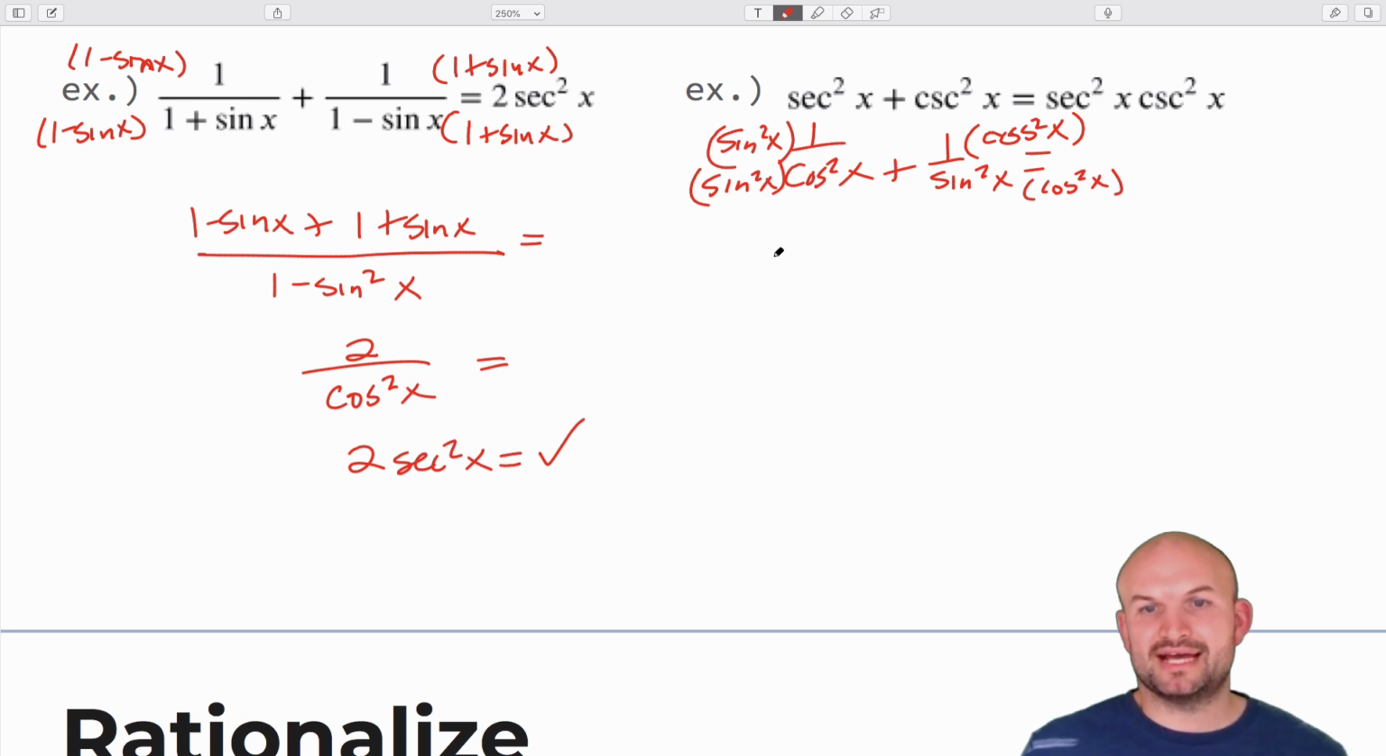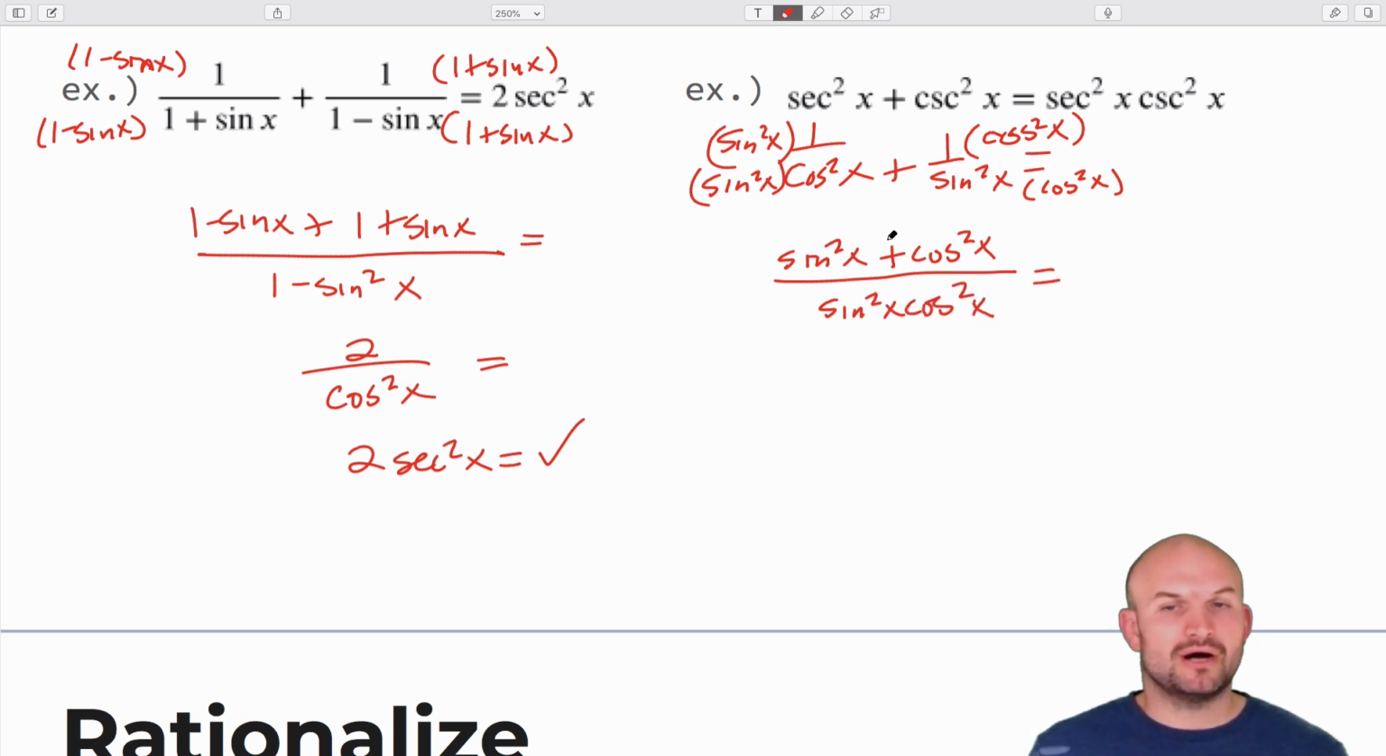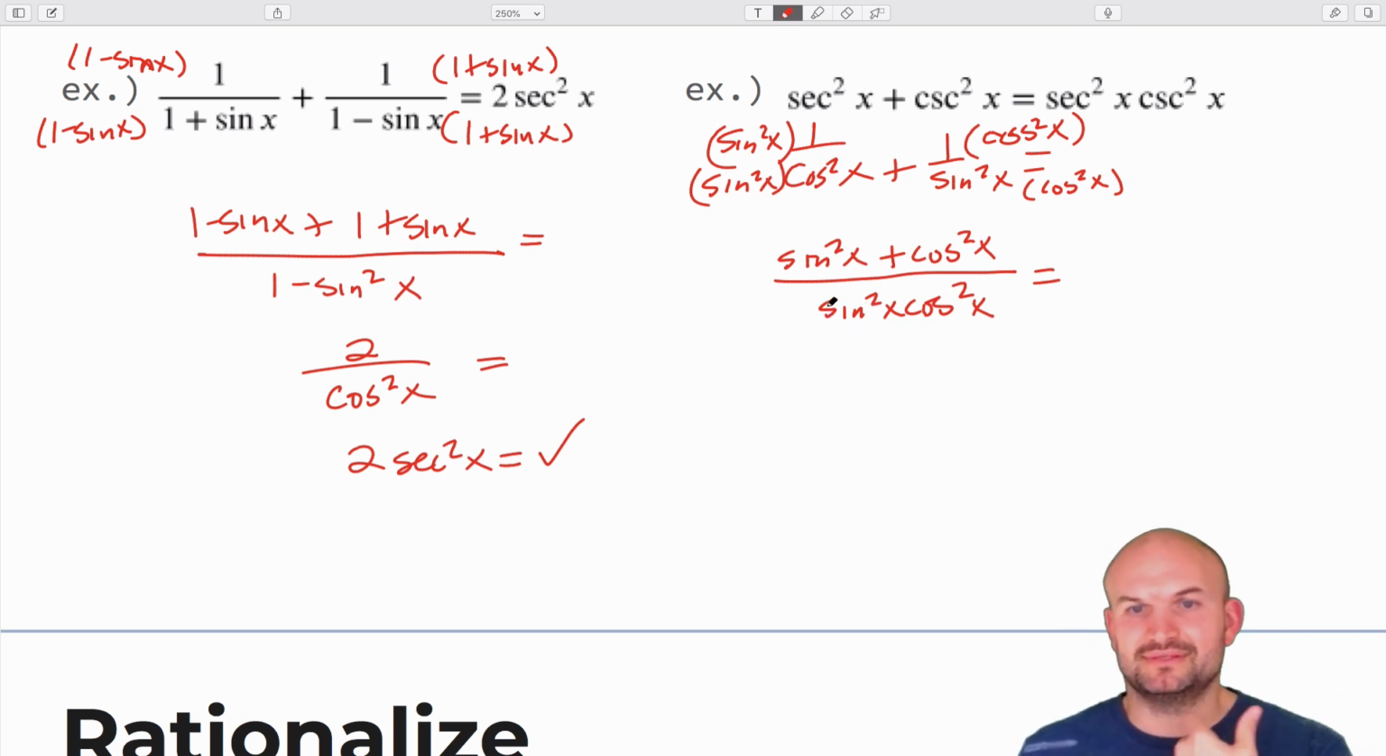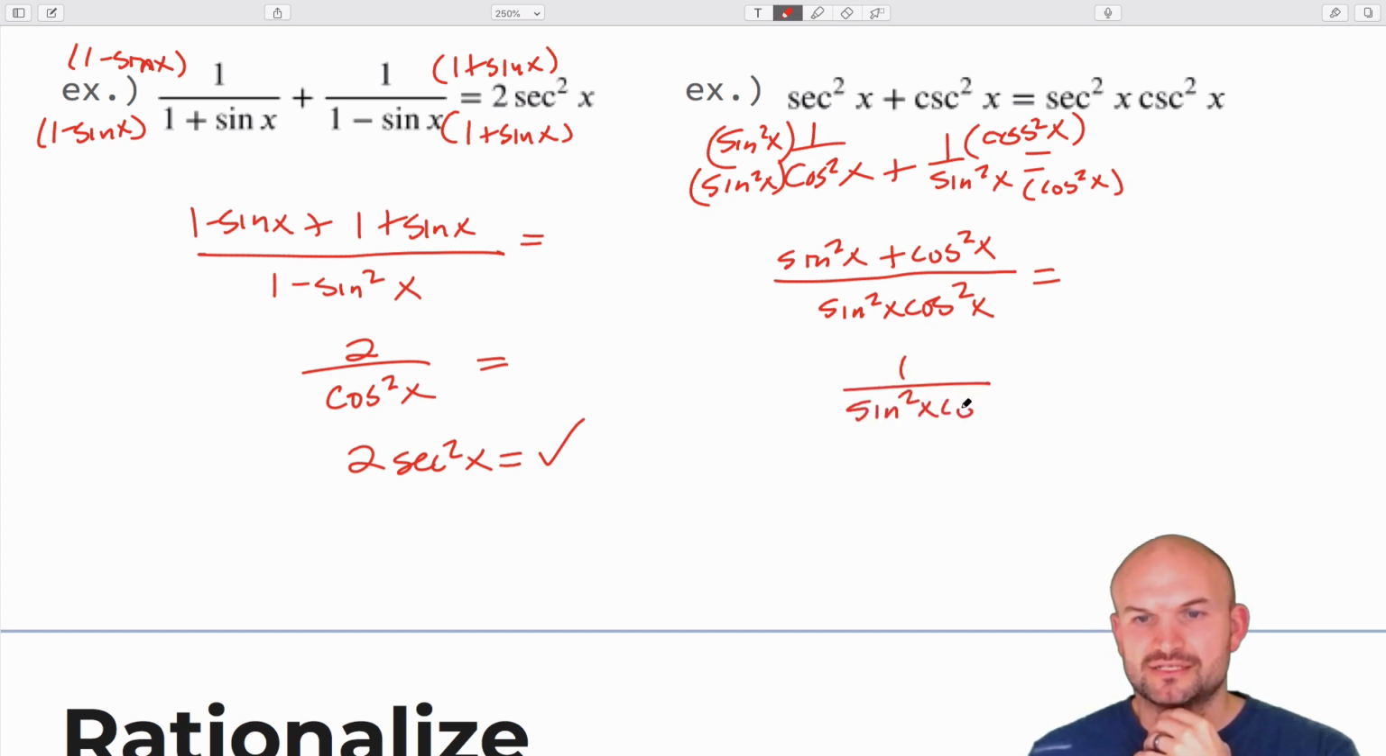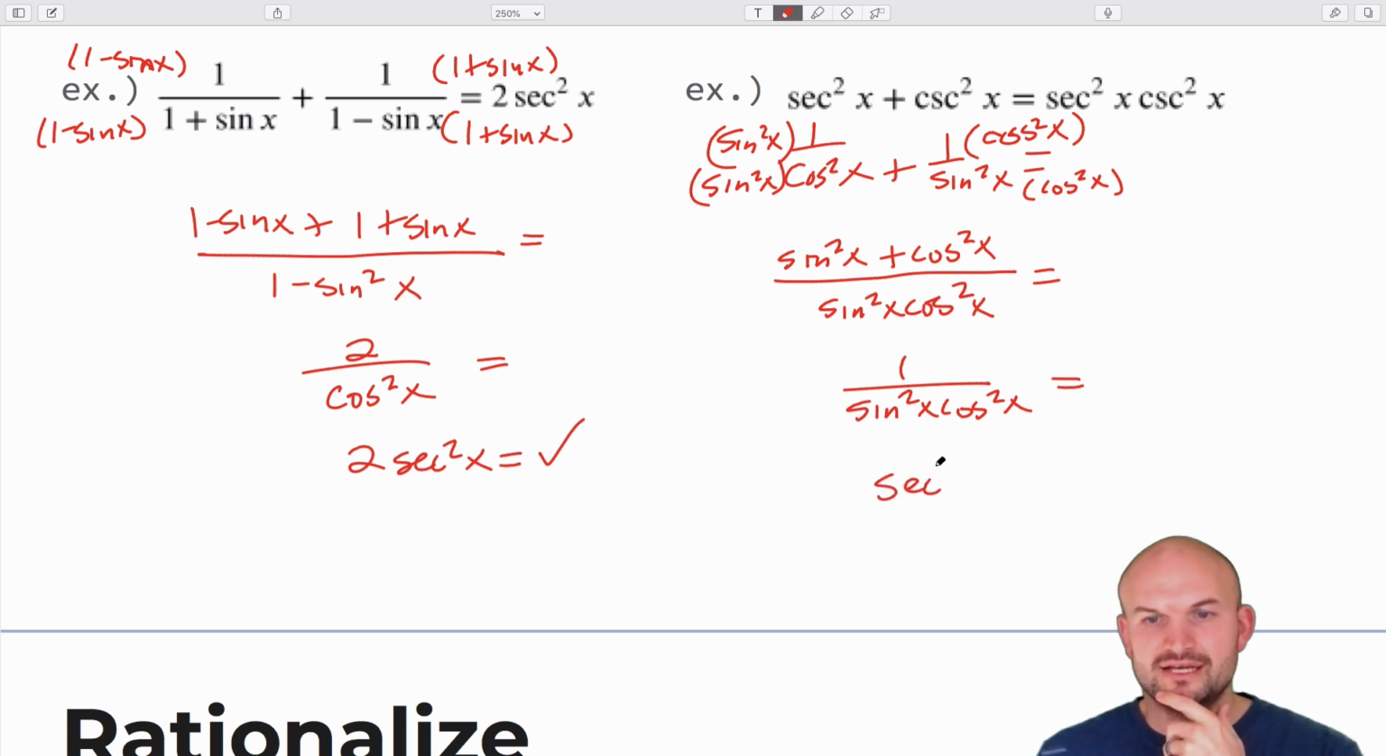Okay, by doing that, what I obtain now is sine squared of x plus cosine squared of x all over a common denominator of sine squared of x cosine squared of x. Well, hopefully you recognize that sine squared of x plus cosine squared of x is equal to 1, over sine squared of x cosine squared of x. Okay, and then just using your reciprocal identities, you can see that's secant squared of x times cosecant squared of x, right? 1 over sine is,